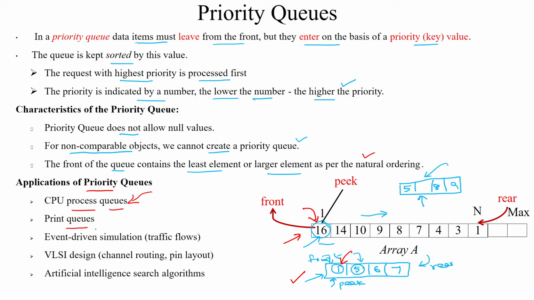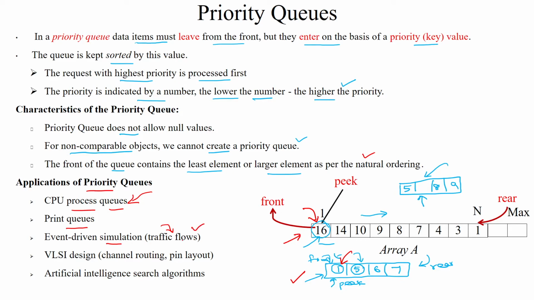Then print queues. So in the printer we can use the queue to give the highest priority. For example, in a Xerox machine, we can use the priority to take the Xerox copy of a high priority job. And event driven simulation, here in the real time traffic, the signals can be changed based upon the priority. For example, when vehicles are in the queue, if any ambulance or any VIP is coming through that way, the traffic will be given to that ambulance based upon the